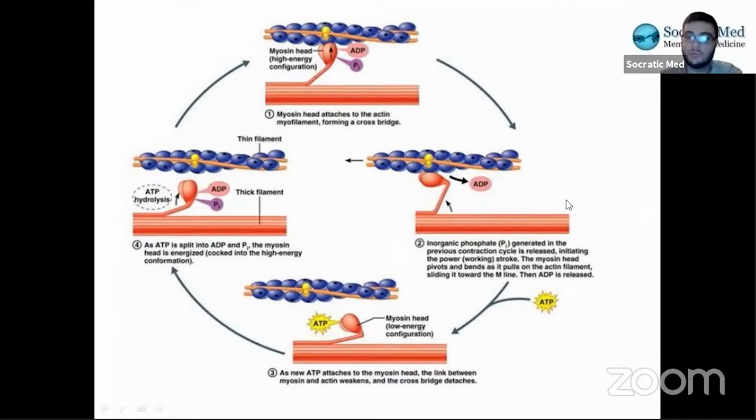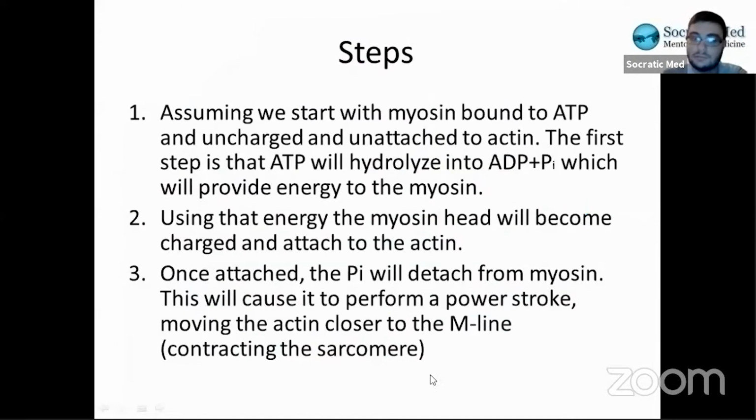Like there's a whole row of myosins here that are all simultaneously attaching, pushing, attaching to the next one, pushing, attaching to the next one, pushing, right? Okay. Now that I explained it, somebody asked, when somebody dies, what part of the cycle causes the deceased bodies to be stiff? This is called rigor mortis. We'll actually get to that in a little bit, in a couple of slides, so hold off on that.